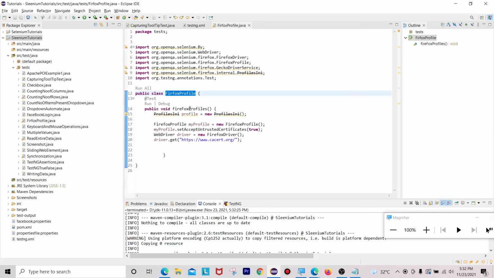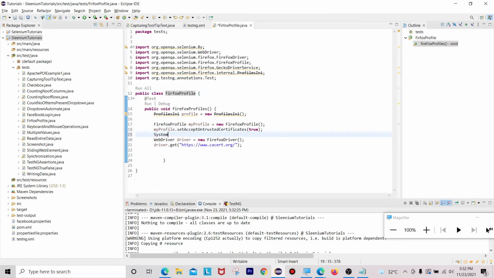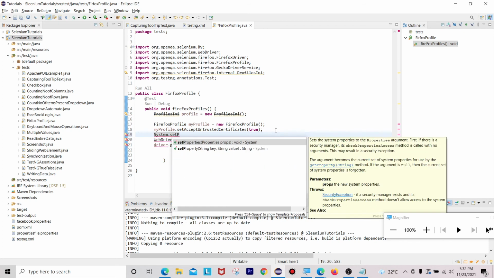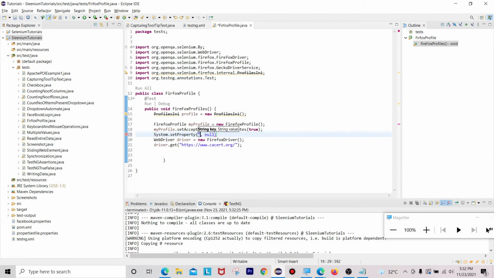That's the reason why we have to mention here System.setProperty of webdriver.gecko.driver, and the path to geckodriver.exe.